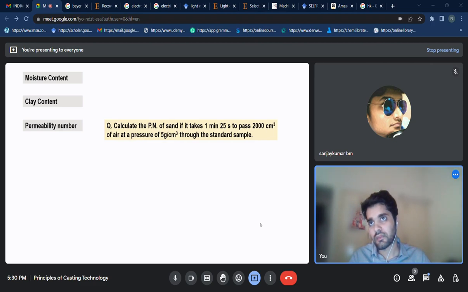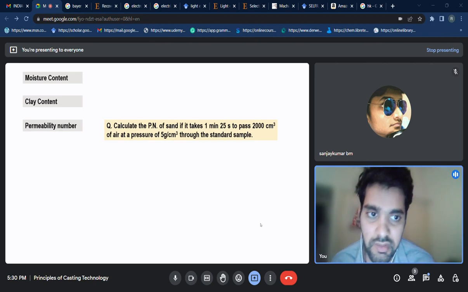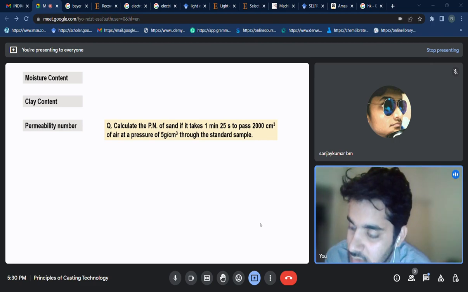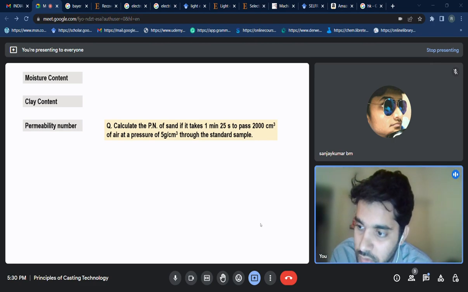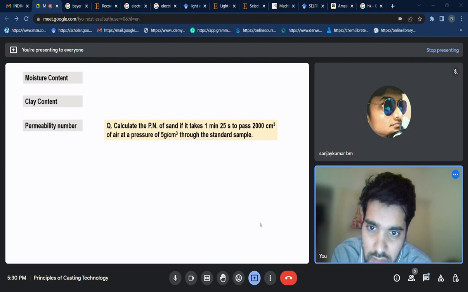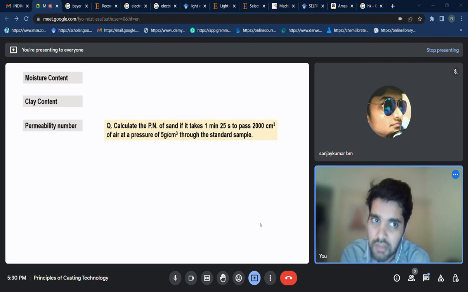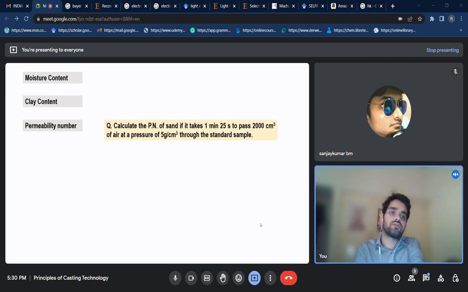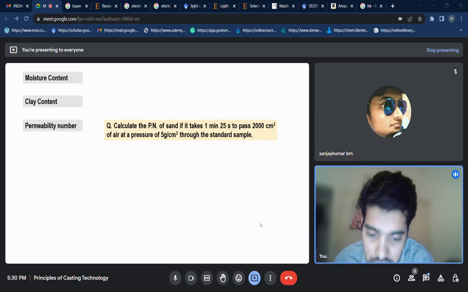So generally the permeability is calculated by the formula, or we can say it is the rate of flow of air under standard pressure. The formula is given by VH by PAT, where V is the volume, H is the height, divided by pressure, A is the area, and T is the time. So the final formula becomes permeability equals 501.28